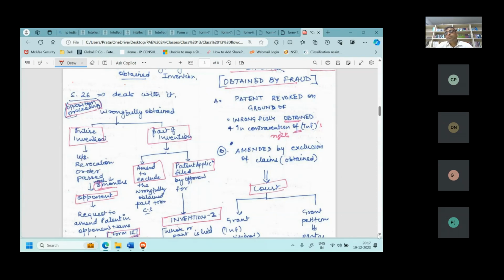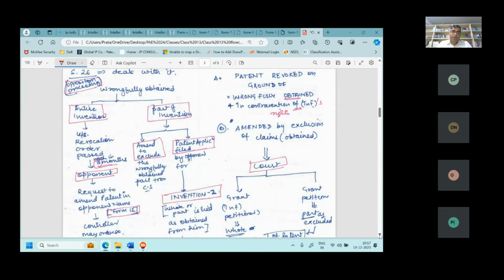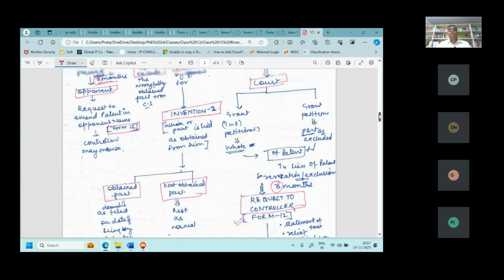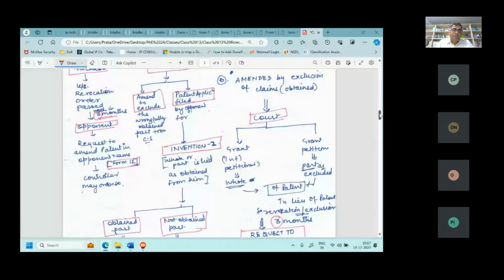At the same time, you also applied for a patent application for your invention. That means you also want the application for your invention. So there can be 2 scenarios: either your invention is the entire cut part, whatever you have got, or there is something more than that. The whole or part is there. Then obtained part will be deemed as